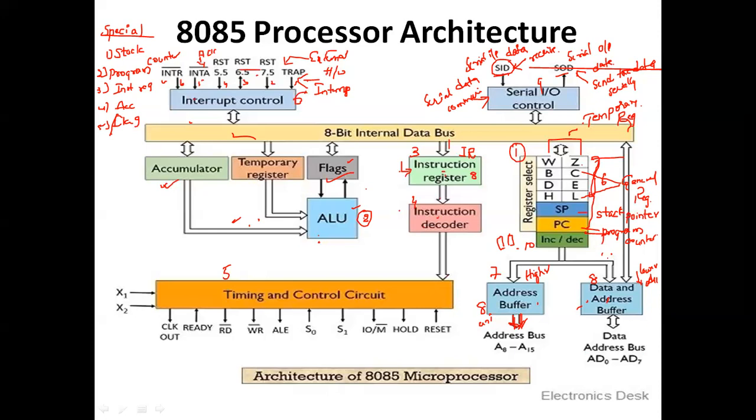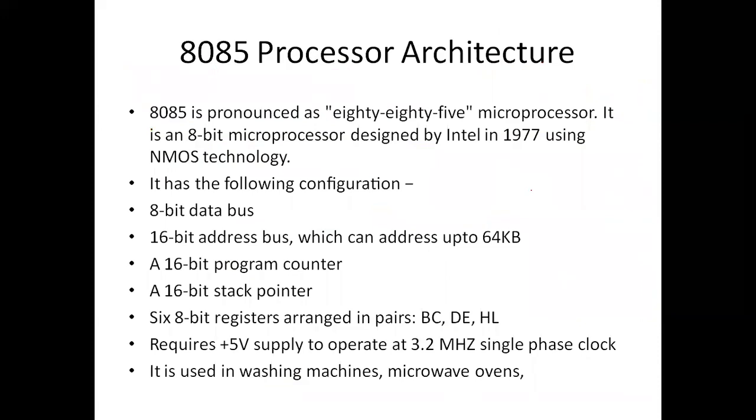The major important things in this are the special purpose registers, arithmetic and logical unit, accumulator, and temporary registers. All are equally important when you note down this 8085 processor architecture. Fine. So this is how the processor architecture is going to be. This is the theory part, and I will send you this theory part also. By seeing the diagram, you can read the theory, so that it will be very easy and useful to you.